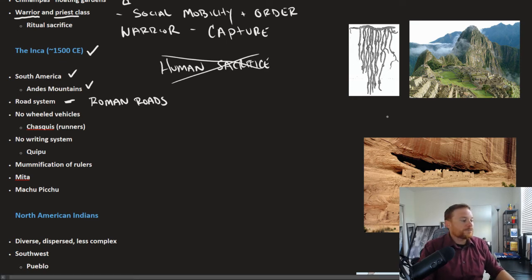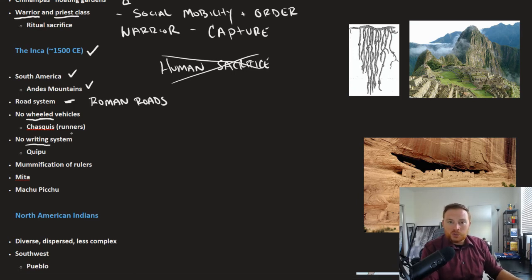run their empire. In the Inca Empire, you had a lack of two, what we might consider to be basic technologies, but there was a reason for it. The Inca had no wheeled vehicles, so no wheel and no riding system. This is also one of the differences between the Aztec and the Inca. The Aztecs had a riding system, which they inherited from predecessor Mesoamerican societies. The Inca had no riding system, and this suggests to us that perhaps they didn't trade with the Aztecs as much or for as long, and so therefore did not adopt that technology, which was the case in the